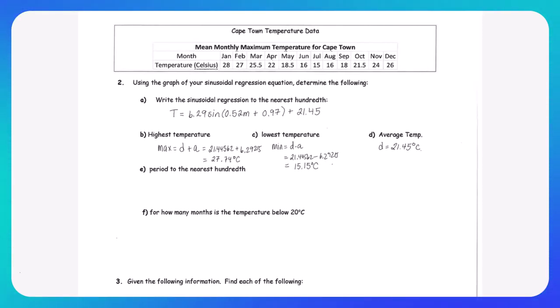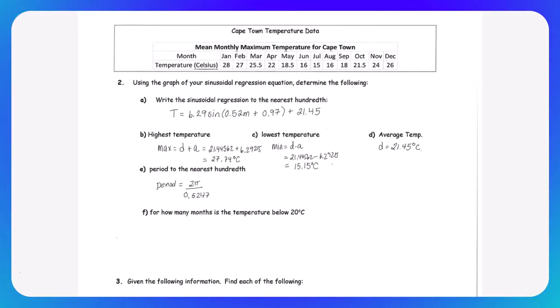Well, we know that the period is 12 months. But remember, we've done a regression. So the regression might tell us something a little different. And we'll just do a quick calculation. And that means we're finding the period. The period equals 2 pi over the b value. And we're going to use the unrounded value,